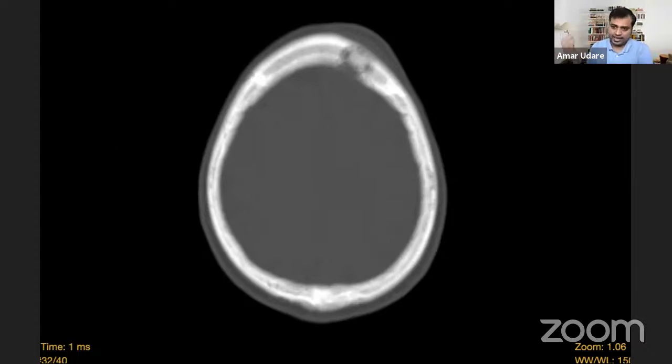Mets again is a good thought, but in a pediatric patient, mets would be lower down. There's one pathology which can cause skull mets in pediatric patients. You can mention that in the chat. So LCH or plasmacytoma, again, in a younger patient you would not put that as a differential. Sutural mets, again that's a good thought, but I would have given you a history in that case. Eosinophilic granuloma, yeah, that's the term I was looking for. So that's what this turned out to be. This patient was